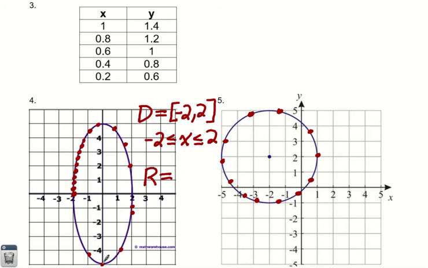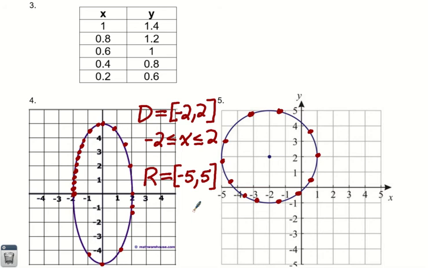This dot would have the lowest y coordinate, and this dot would have the highest y coordinate, just like this dot over here had the lowest x coordinate, and this dot over here had the highest x coordinate. So the range using this interval notation would be -5, 5,